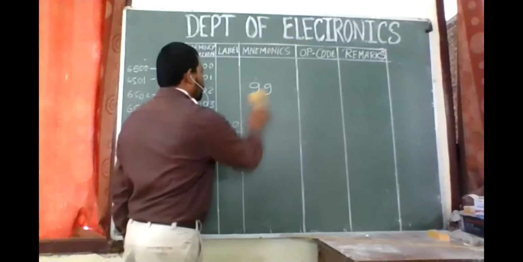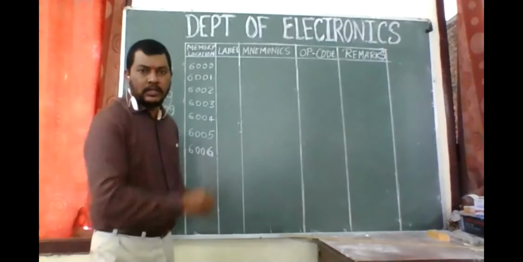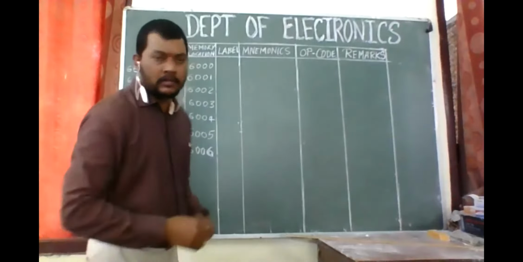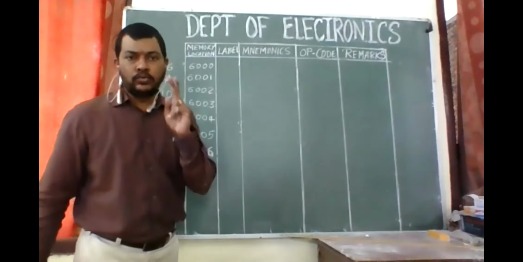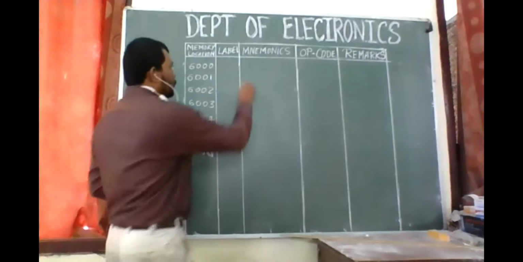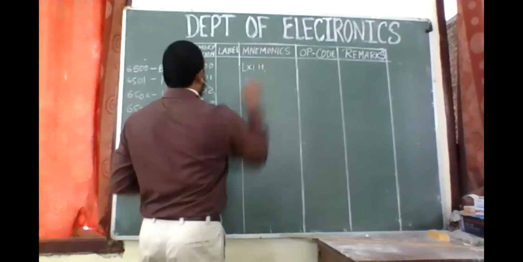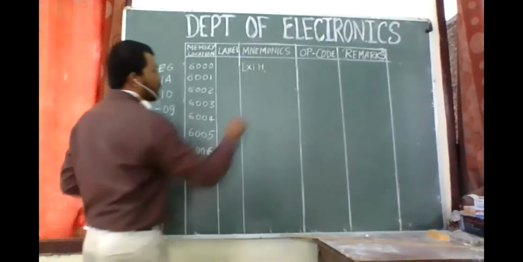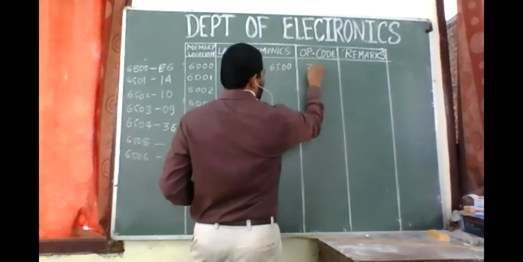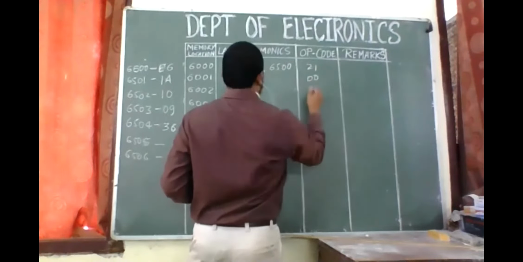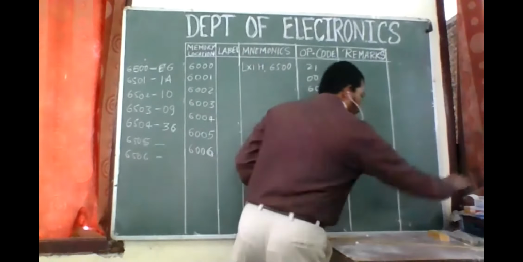So let me complete this. So what I will do is I will make an arrangement for this. So we'll continue in the next class if time completes. So we'll start with this. Let me try. So we will have to use 2 registers for that. Let me check. So we will use the first as LXI H, which memory location? 6500. So I will put that here, 6500. The opcode is 210065. So the first data is being stored over there.